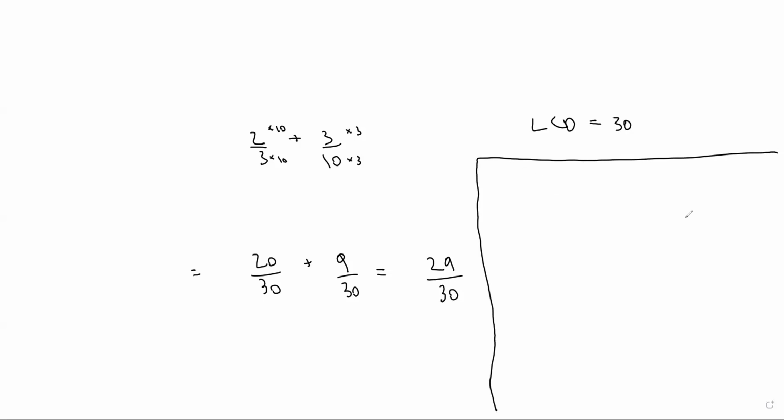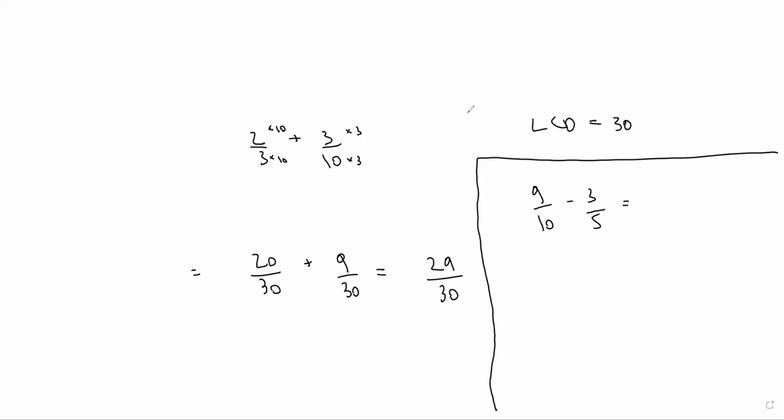Here it is. This one was 9 over 10 minus 3 over 5. So in this case, what would be our least common denominator? Someone's very quick. Someone said 10. Yes, for this one, 10 works. 10 is the best, because it's the smallest number that works, and there's already a 10 there, so that's really easy. So you don't have to rewrite that one.